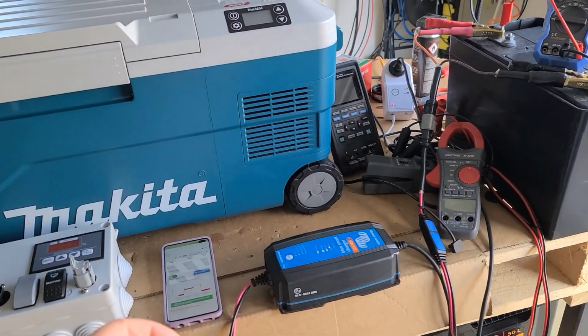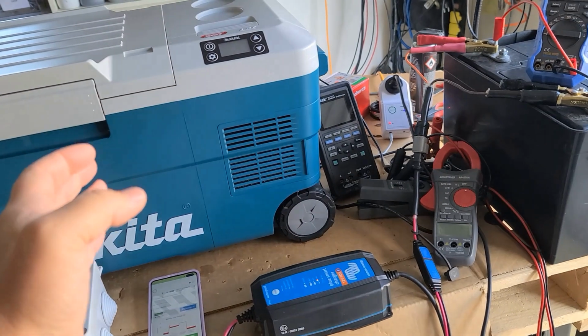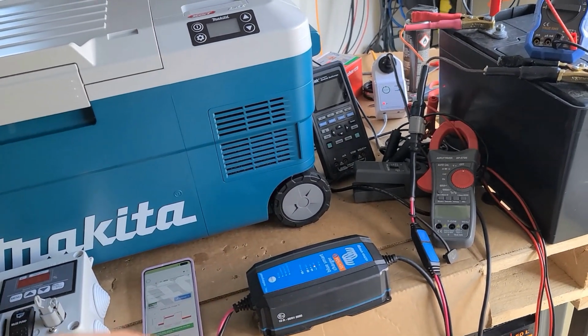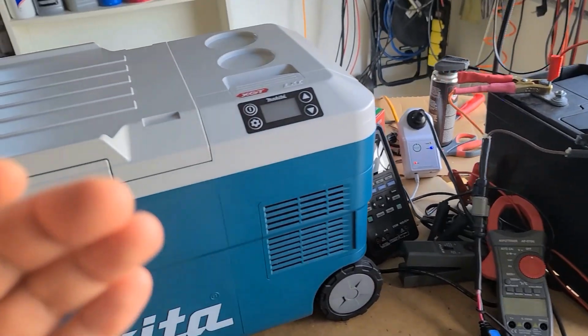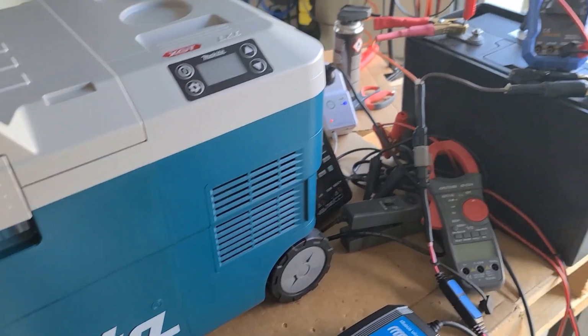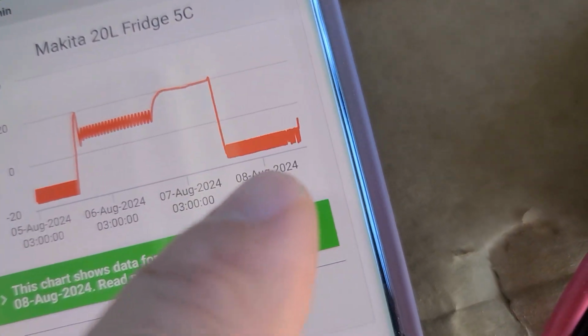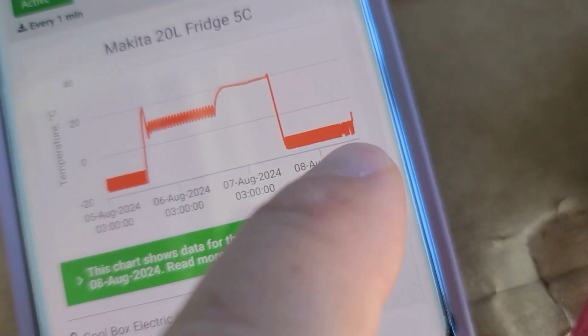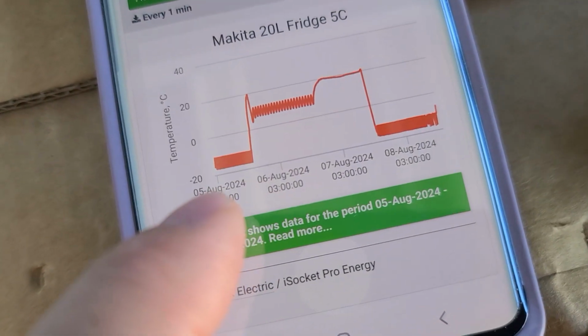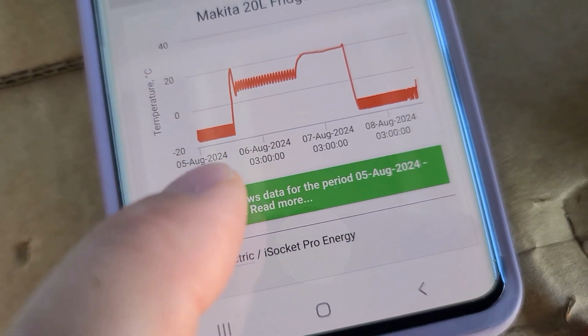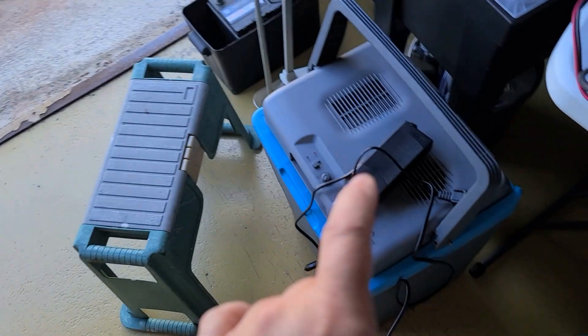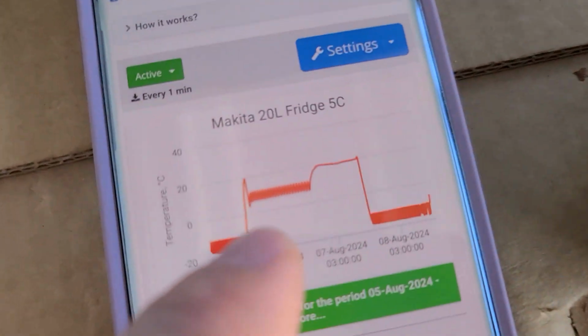When I was recording video about these Makita tests, I was testing this for power consumption and temperature profiles, from powering from the battery, from AC/DC adapter. I noticed some problems on the temperature profile. You can see them here. So it was the test of the freezer mode when we power it from the AC/DC. It was the test of the fridge mode when we power from the battery.